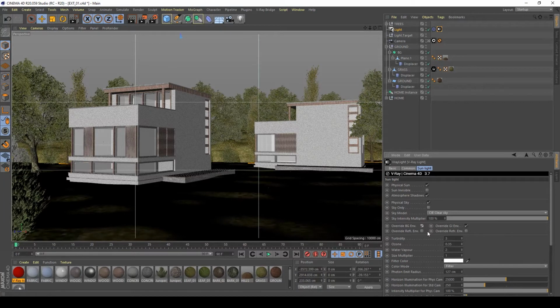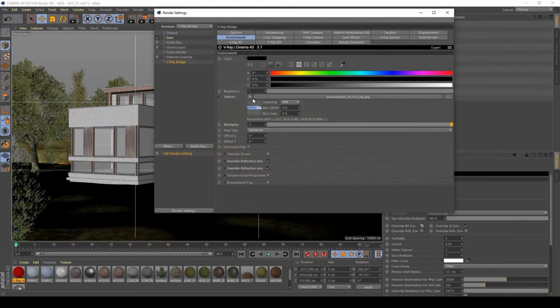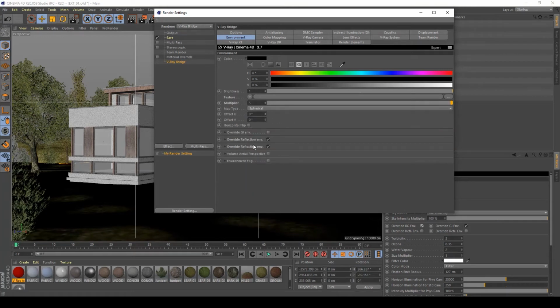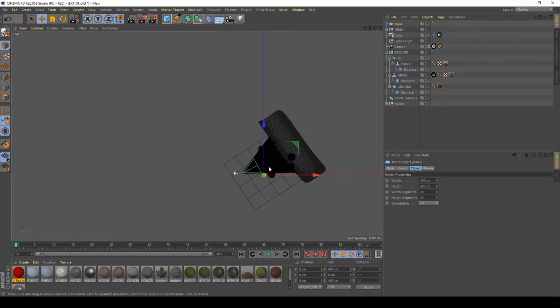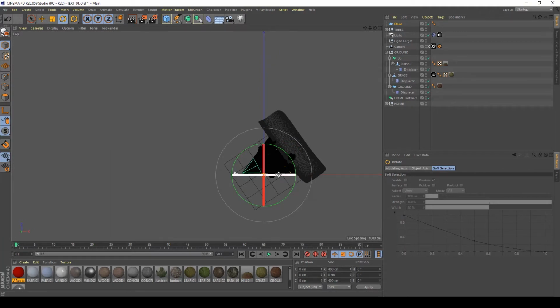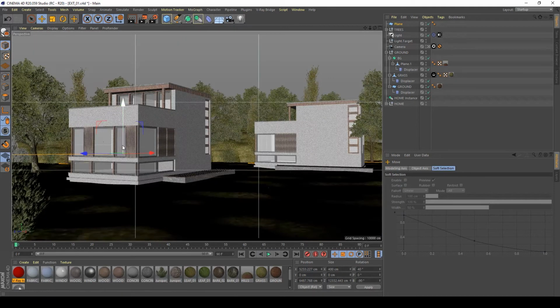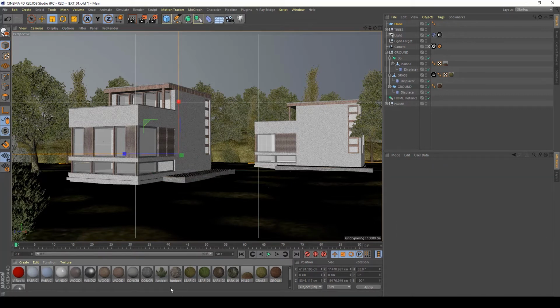So I want to override again the background image, going here and clearing this one, only leaving this one on override reflection and reflection. Create a new plane, simply rotate it by 90 degrees and 40 degrees like this, put it down under my heels, make it bigger on my axis, put it properly in sync, make it wider, and